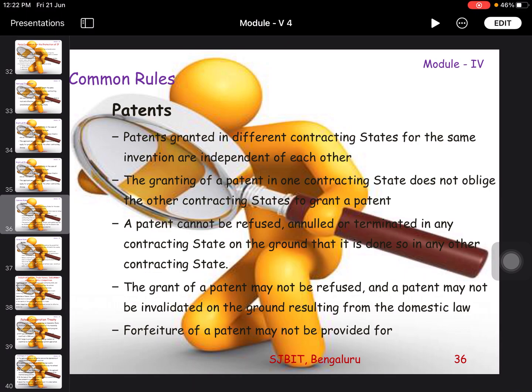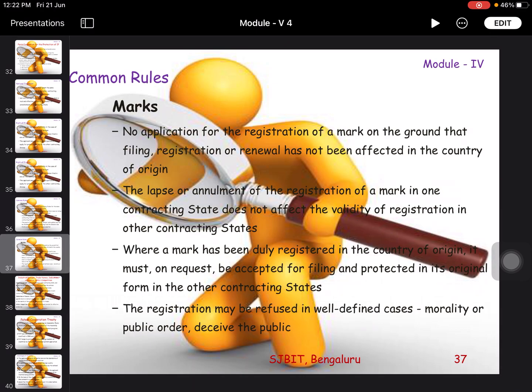The grant of a patent may not be refused, and a patent may not be invalidated, on grounds resulting from domestic law. Forfeiture of a patent may not be provided for. Now, on marks: no application for the registration of a mark may be refused on the ground